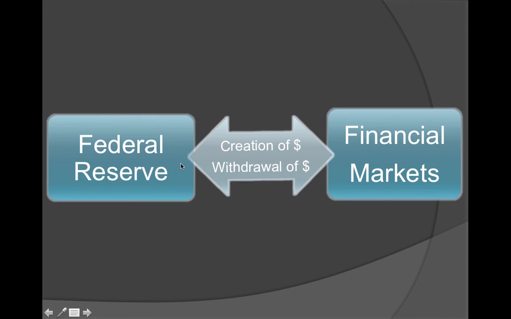The financial markets would withdraw money from the Federal Reserve as well. So it could be both, which is how this works itself out. And again, if you want to see the chart that has the actual money going to it, that would be page 63. That would be the additional thing here.